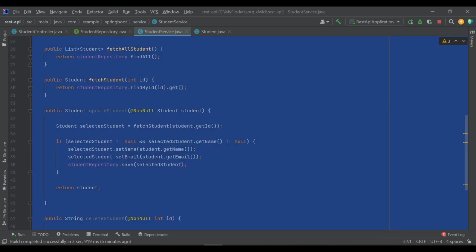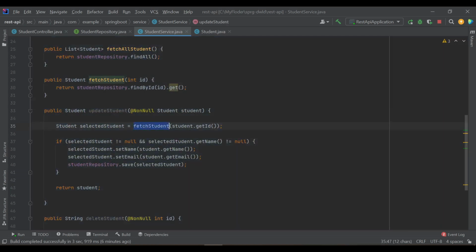So let's see what we have done so far. In update student, first we are fetching with its id using this method, and next we are checking if it is not null, then we are browsing and saving back. Let me add one more check. And guys, you can also refactor this code much better.